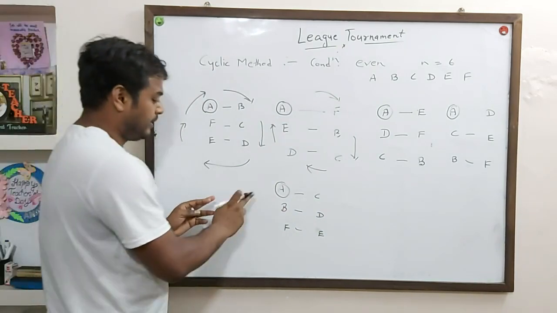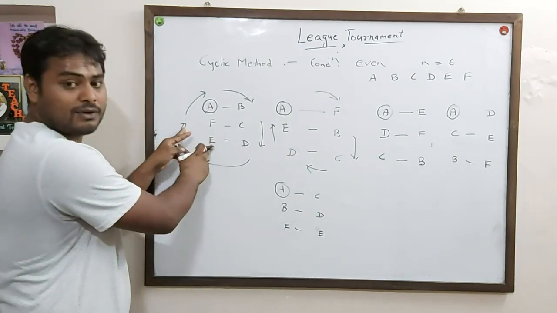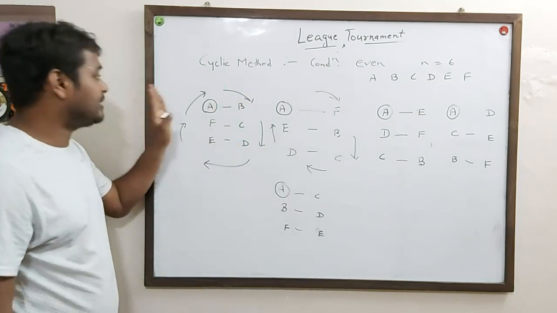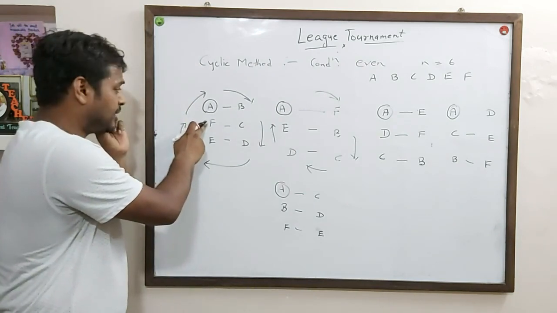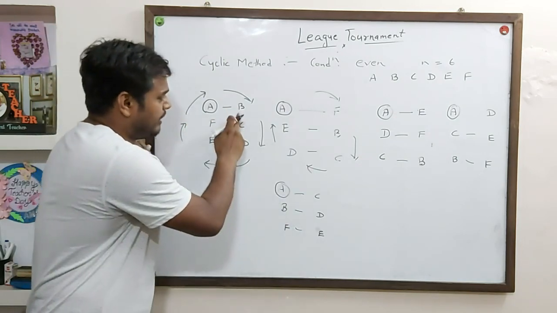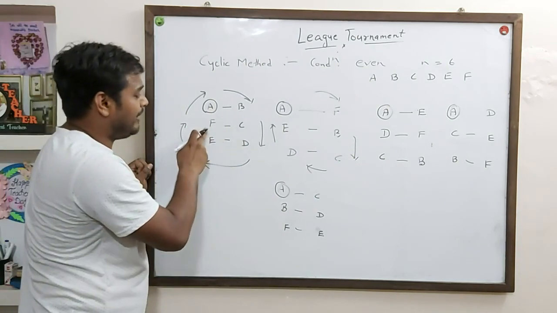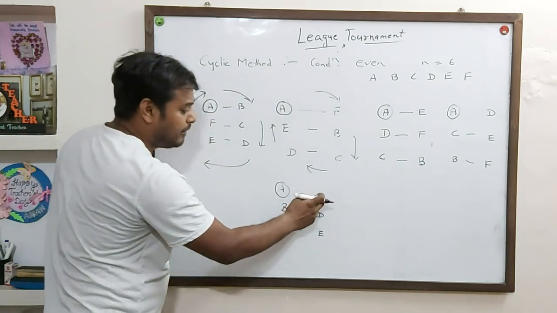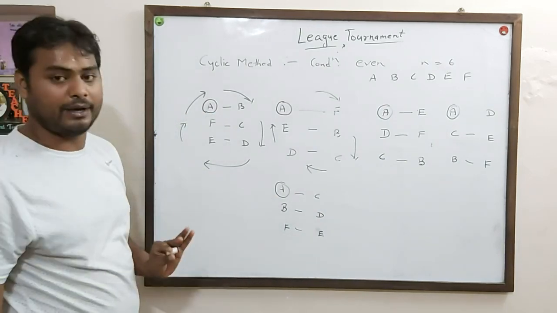Now you see, if we organize one more round, then the first round will come again. It will repeat. So it means we have to conduct rounds until B comes to the last position, up to F's place. Now you can see in the first round, B was here and F was here. Now if we rotate one more round, then again F will come here and B will come here. So it means the first round will repeat. So we will stop here only.